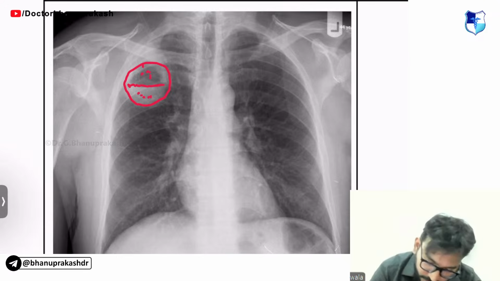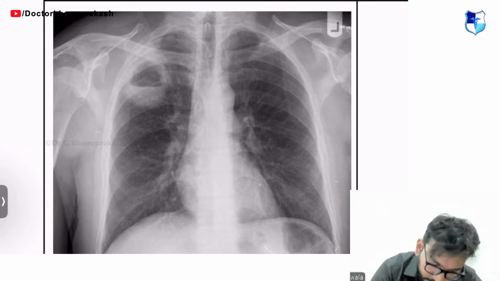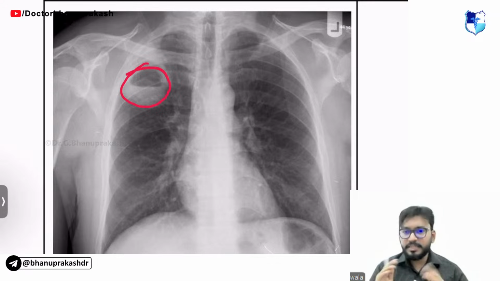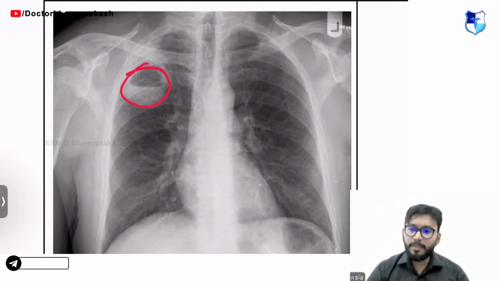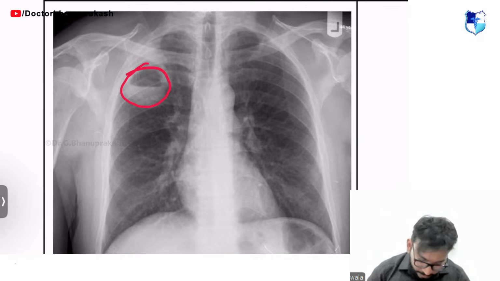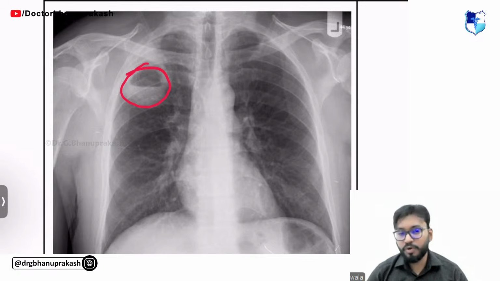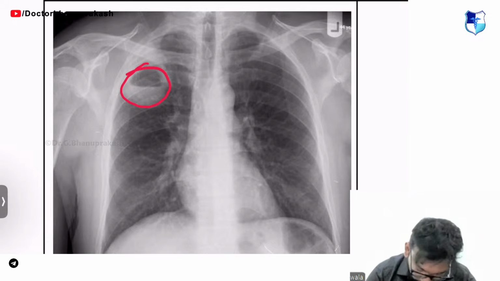Okay, I'll use the eraser so that you can see again. Can you see the air fluid level here, guys? Again, this is a lung abscess. The typical history will be a patient has high grade fever, his counts have increased, and there is cough with purulent expectoration. The patient can be bed bound, the patient can have a chronic ailment. All of these are pointers towards lung abscess. Remember, chronic illnesses or elderly patients, high fever, raised counts, and cough with purulent sputum, always think of a lung abscess.